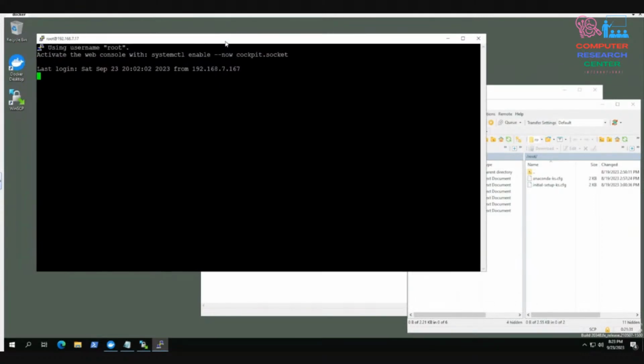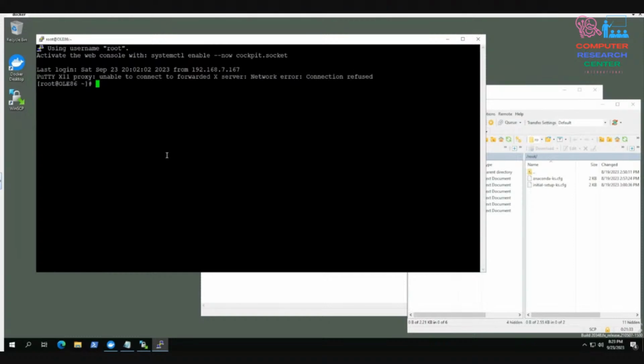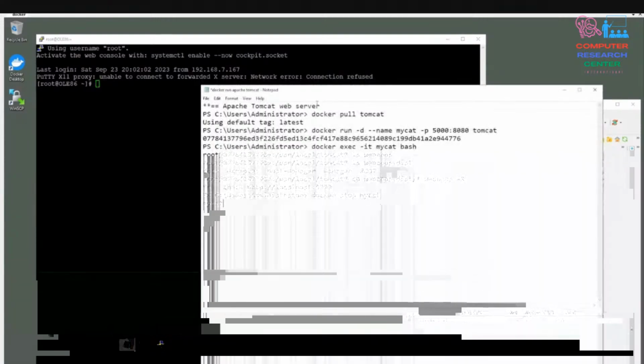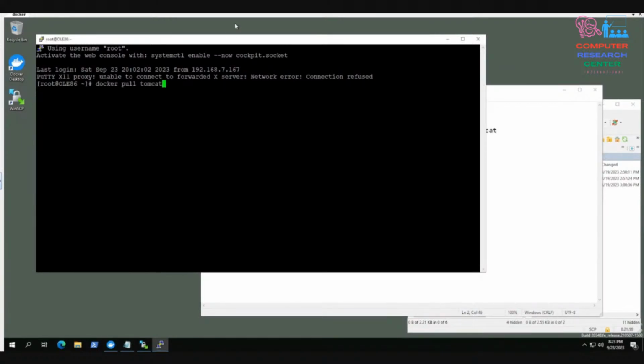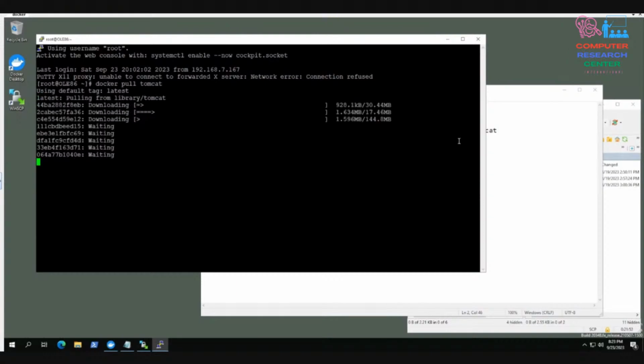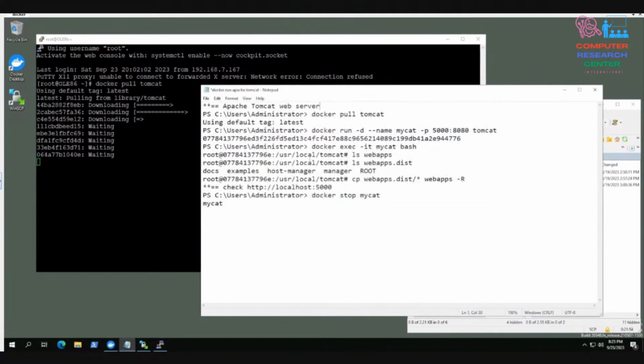another version, another distribution, the Linux based distribution of, I would say, Docker community edition. So let us try to use those commands here. So we will be pulling, and then we will be executing all with the separate commands. So pulling, and then after pulling, because Tomcat is a little bit heavy version of